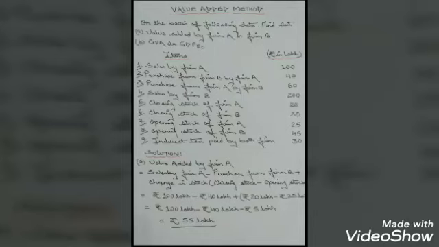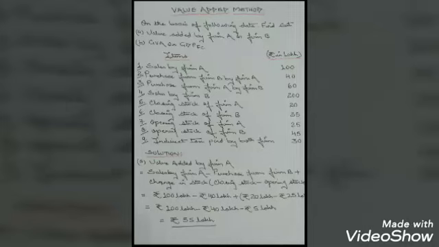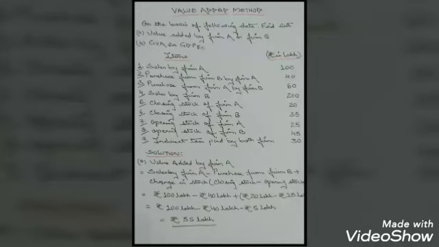So delta stock comes with what? Closing stock minus opening stock, and your closing stock is, children, 20 lakh and the opening stock of firm A is 25 lakh. So let's put these values now. Sales of firm A is rupees 100 lakh minus purchase from firm B by firm A minus 40 lakh plus change in stock, that is delta stock, is 20 lakh minus 25 lakhs. That comes to minus 5 lakh. So 100 lakh minus 40 lakh minus 5 lakh, that comes to 55 lakh. Now this is how you are able to find out the value added by firm A.